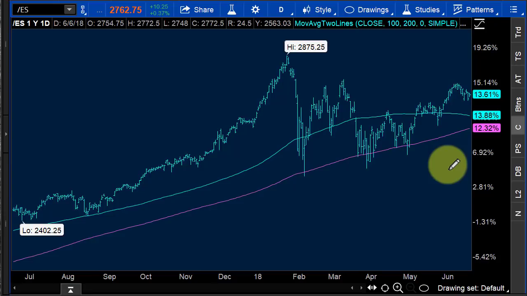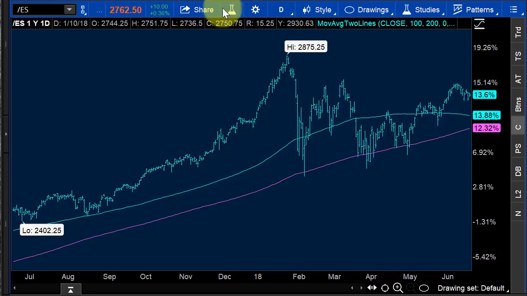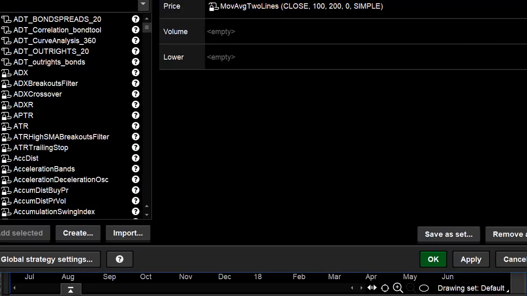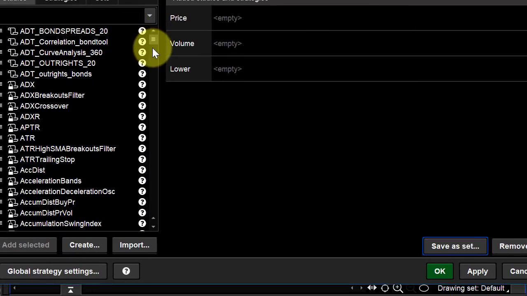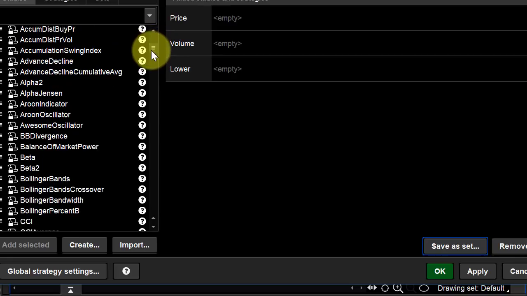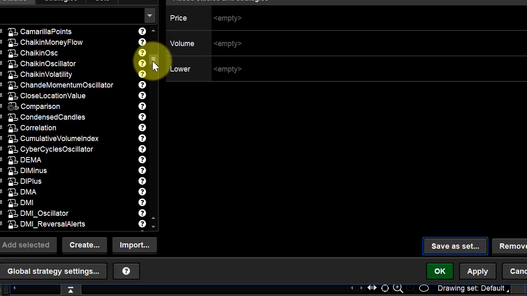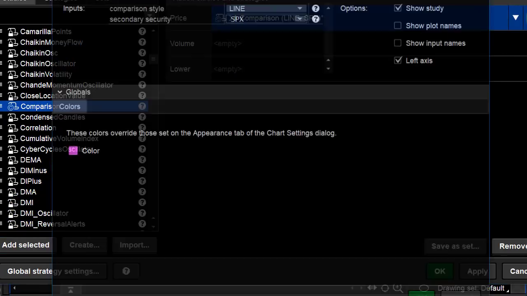For one, when looking for trade opportunity, I'm not willing to buy this because I'm bearish for the reasons I just mentioned. But instead of just looking at the S&Ps, I want to look at other correlated indices. So if I hit the beaker here, and you can do this on any platform, I'll remove those moving averages. I'm going to scroll down, and then I'm going to compare. Comparison, add selected, and let's compare